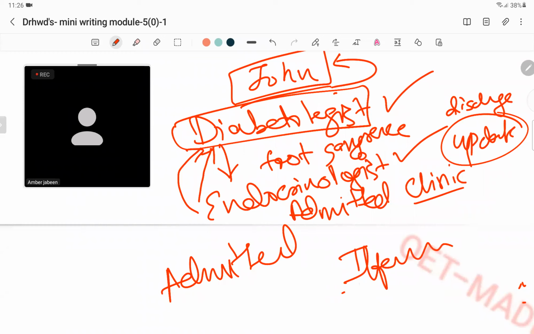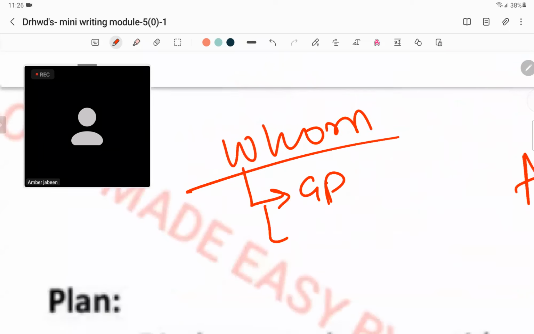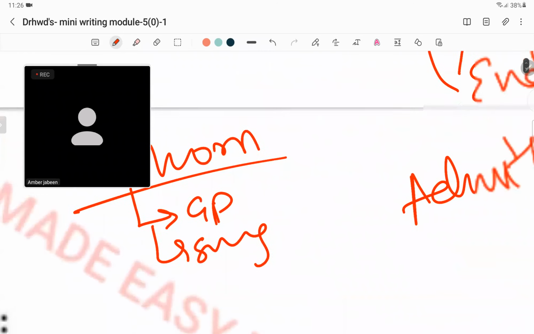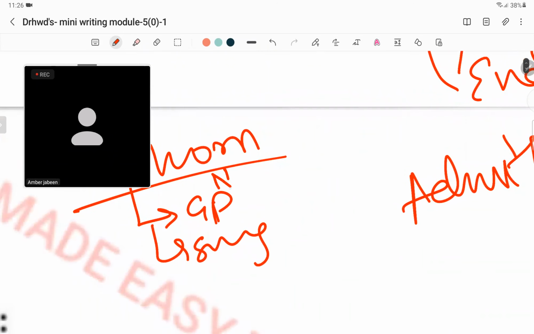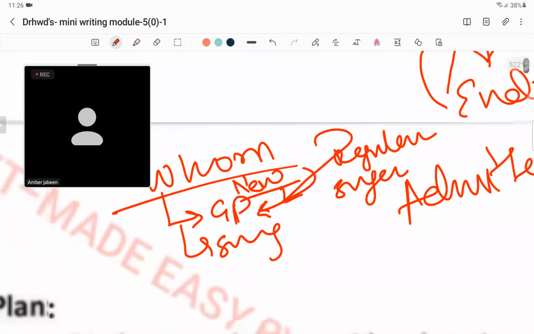They're just trying to confuse you. What I'm trying to tell you here is focus on three things: who the patient is, and whom are we sending to, right? GP or whatever the person's profession is. Then you have to see, is this person already aware of them? A GP would be, right? If they say regular surgeon, that means that person would be aware of him. Okay, if they say that now they're going for a surgery, they're not a regular surgeon of this person, then it means it's a new person, it's a new case, and you have to write everything.